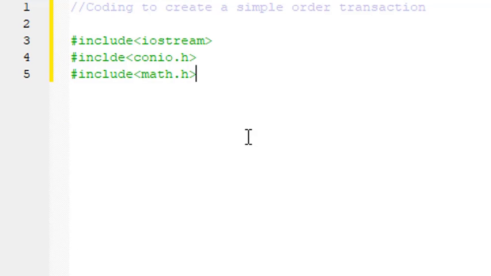To be honest, you don't really have to use math.h because it's not really important, but I'm just adding it to show you that for simple maths we might need math.h. But there's no necessity in adding it. So let's go ahead, and the next step is to create